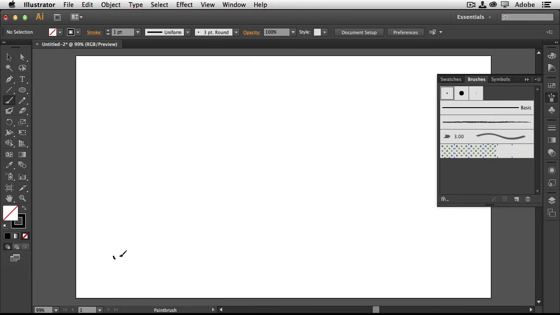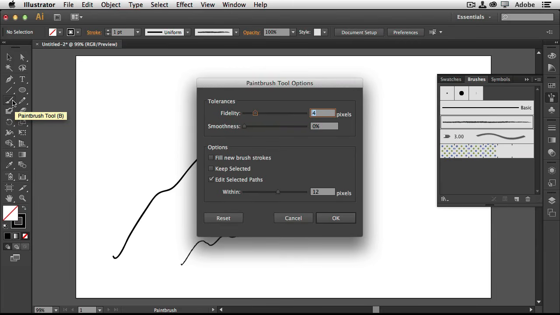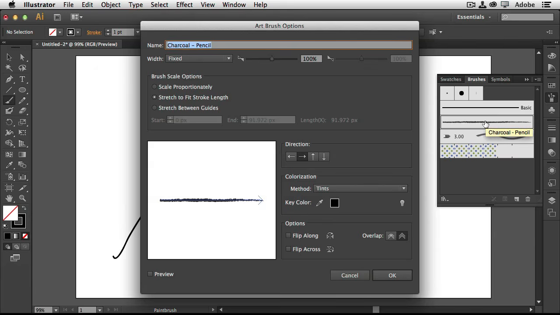So the basic brush is the one that we just drew. The charcoal brush is kind of cool for getting that charcoal look to it. And here, if we double click, yeah, we'll leave that the way it is. Okay, we'll double click this, and we will make a fixed width, make it a little bit bigger,